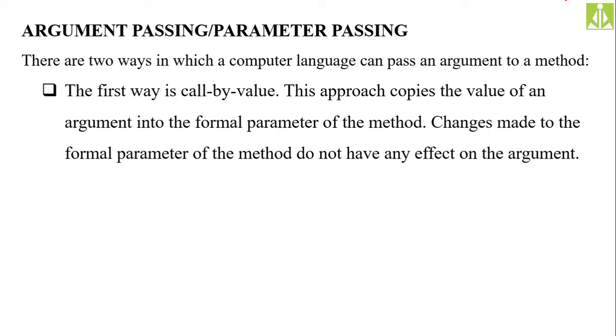So the first way, the call by value mechanism, what it will do, it will copy the arguments from actual parameters to the formal parameters. So in the process of call by value, the actual parameters get copied into formal parameters, and if you make any changes to those formal parameters, those changes will not have any kind of effect on the actual parameters, isn't it? The approach is already familiar to you because many times we discussed this approach.